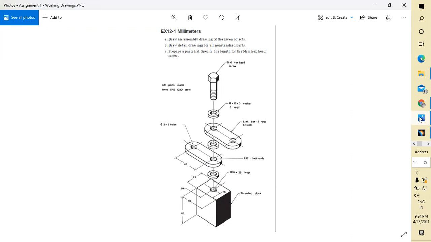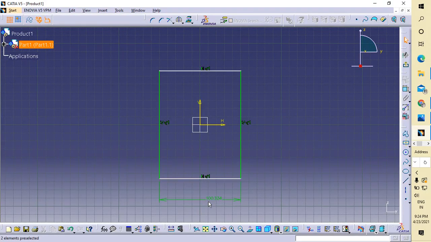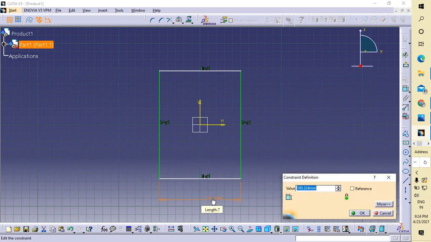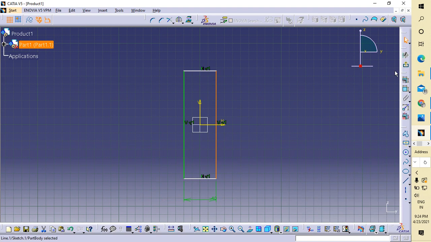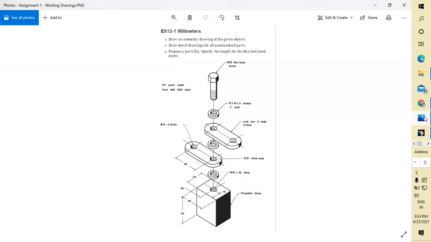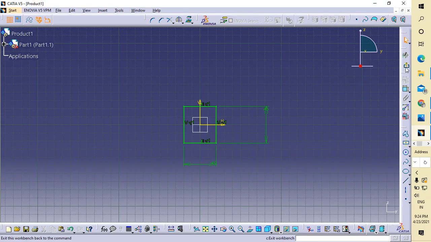Okay, no problem. This is our threaded block as shown in the figure, and its thickness is 30 mm. So go to exit workbench.